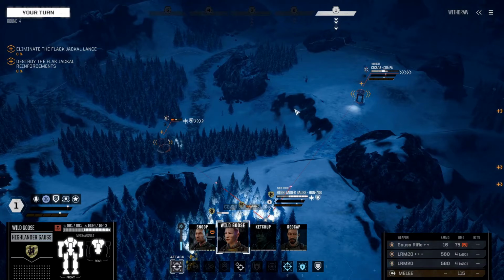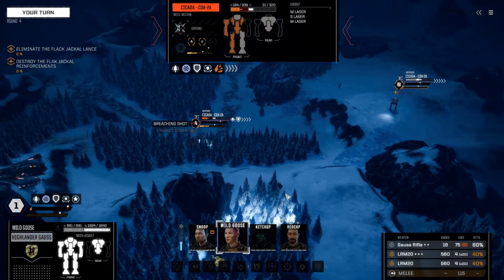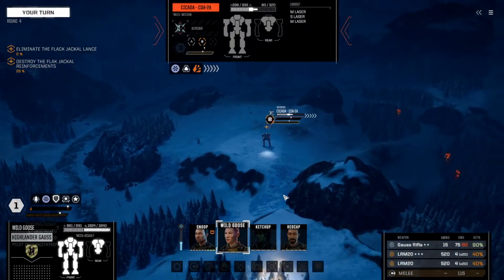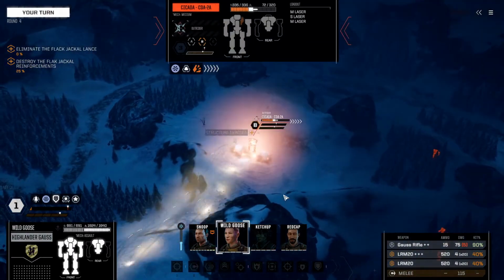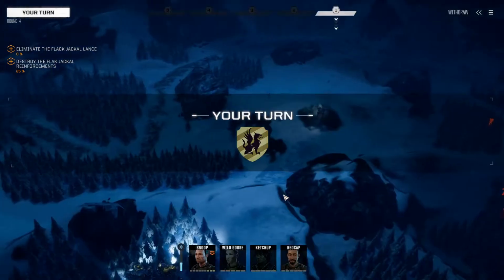What do I want to do with this? I'm going to do this. I'm going to shoot the Gauss rifle at this thing, try to kill it. Yep. That's what I wanted to see, was for it to die. I want to see this thing lose its stability. It didn't quite lose its evasion, so...